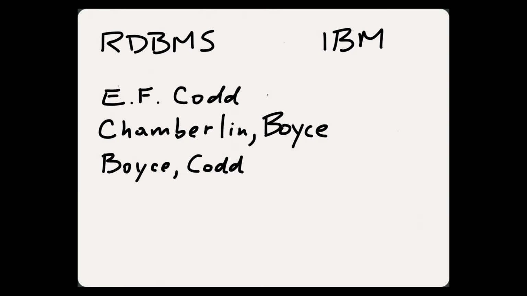So in 1970, a guy named Edgar Codd, who was a programmer for IBM, came up with a theoretical system that he called relational theory. Relational theory was, or is, a cousin of set theory. And as a theoretical basis for how to structure data in databases, it was pretty powerful because